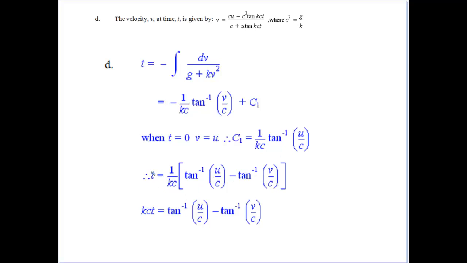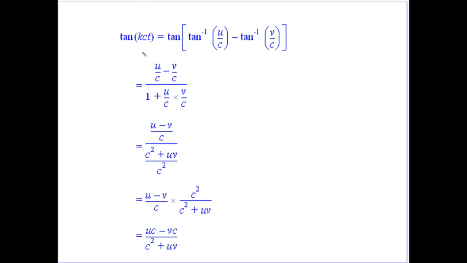If we multiply through by kc, gives us kct. And this is all now just manipulating to get v by itself. So this is where we've got to use our algebra to get from this expression to this expression. So multiplying through by kc, and then we take tan of both sides. So tan of this one be equal to inverse tan of that one. So when you look at that manipulation,